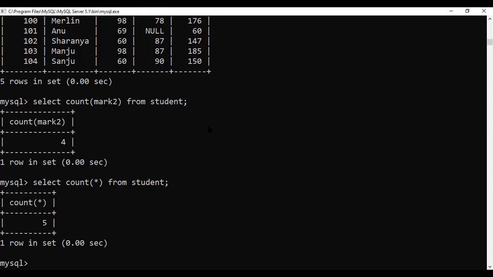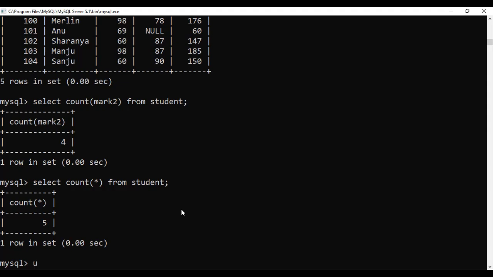Next, you have studied these 5 aggregate functions, and you also understand the difference when using count star. Now, another one, not a function, is for summarizing the result. We have a clause called group by. The group by clause is for summarizing the result. For that, I will go into another table and show you another table.